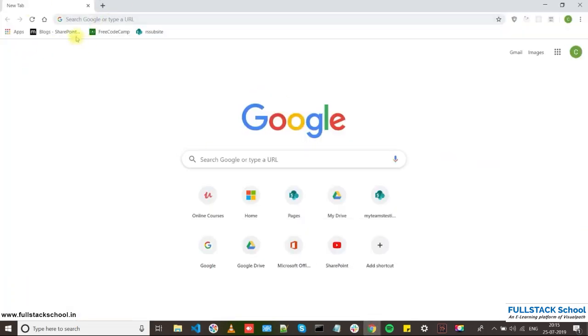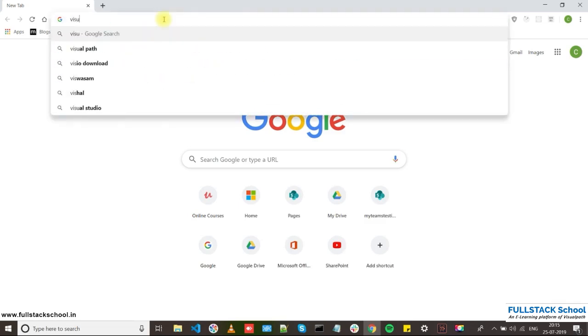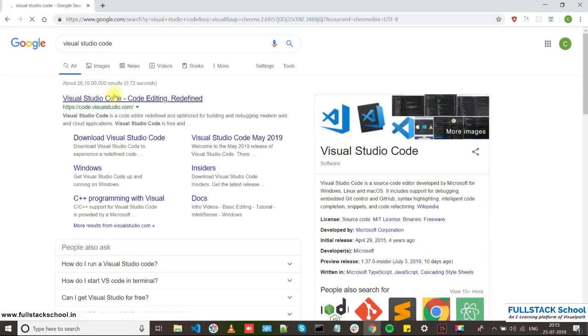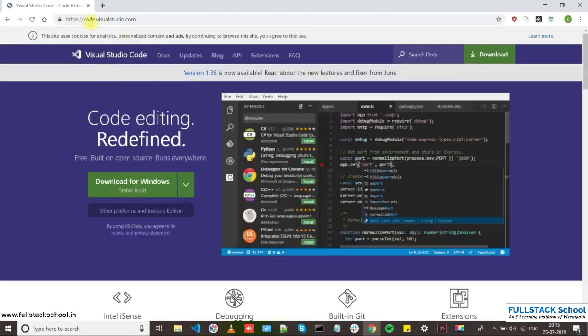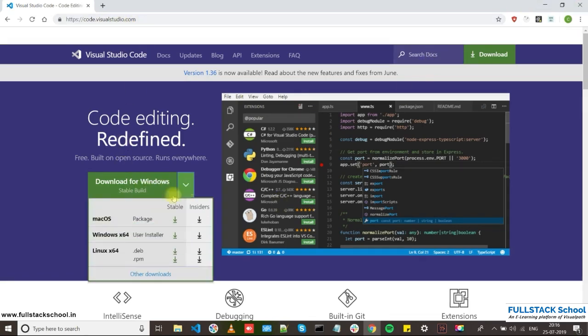I'll show you. You can directly go to Visual Studio Code, and it takes you to code.visualstudio.com, and download for Windows, or if you are on Mac, you can change this and download that.